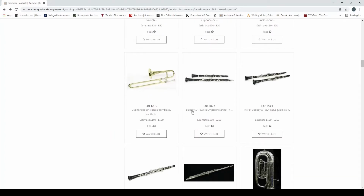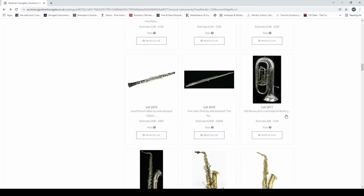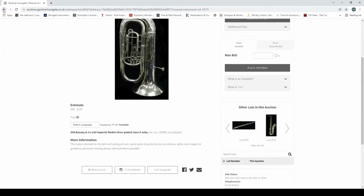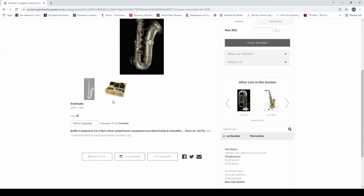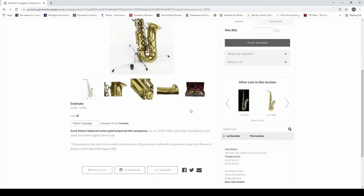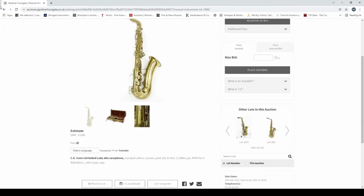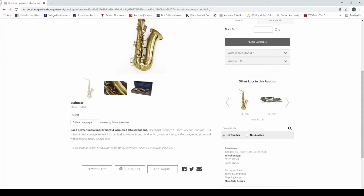Jupiter soprano bass trombone, Boosey and Hawkes Emperor clarinet, another couple of Boosey and Hawkes clarinets there, good French oboe, fine silver flute, old Boosey and Co Imperial model tuba, and Buffet Crampon tenor saxophone there, Selmer branded alto saxophone there, another alto saxophone. Here's another Selmer alto saxophone,